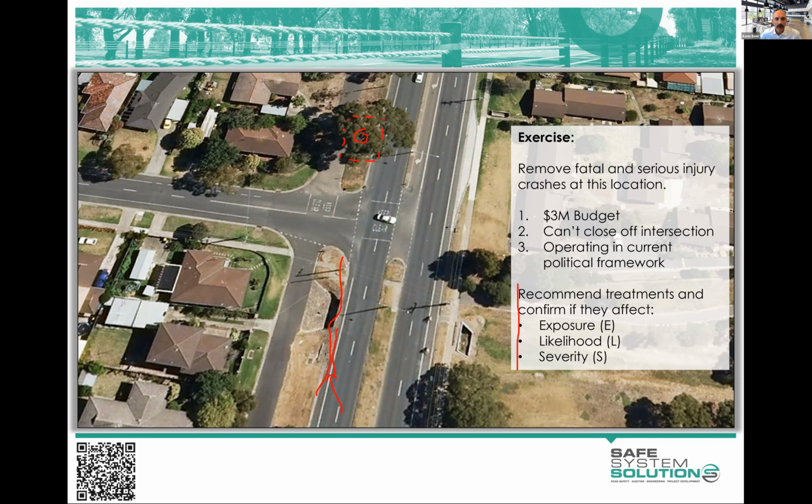But as safe system assessors, we think about run-off-road crashes in general, and we're not eliminating the exposure to run-off-road crashes, because if that's not there, the vehicle can still run off the road and hit other trees or houses or these sorts of things. So removal of trees tends to sit within the likelihood and potentially severity. So you're changing sometimes from point source hazard crashes, where the point source is a tree or a power pole or the like, to a more distributed crash type.